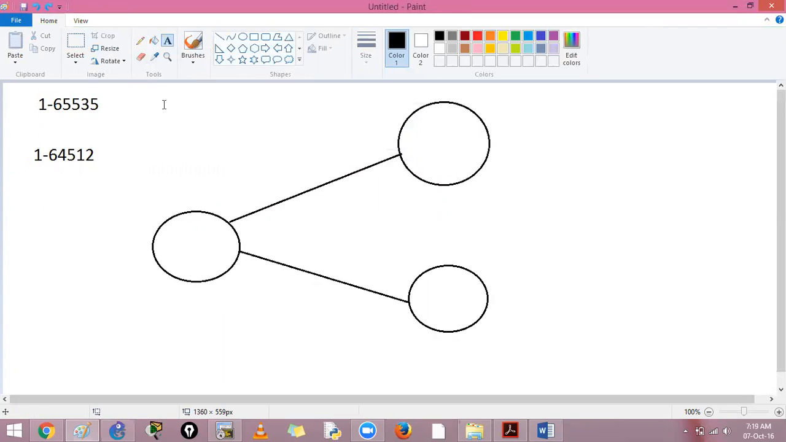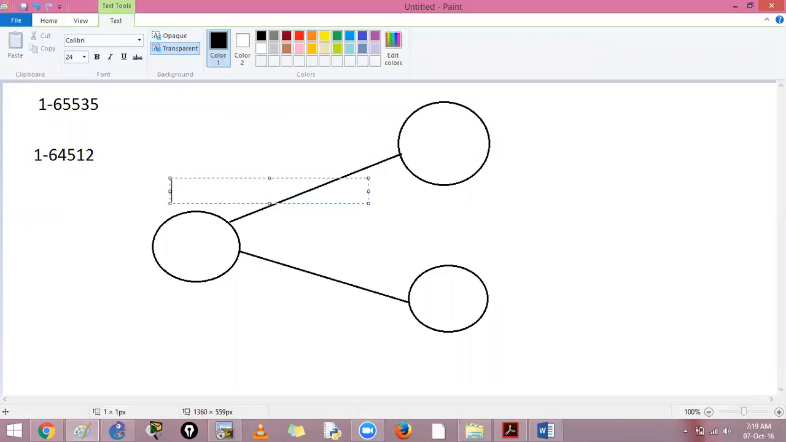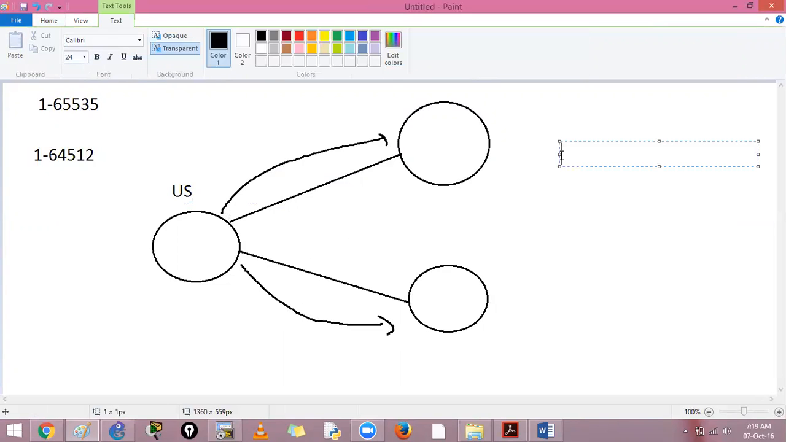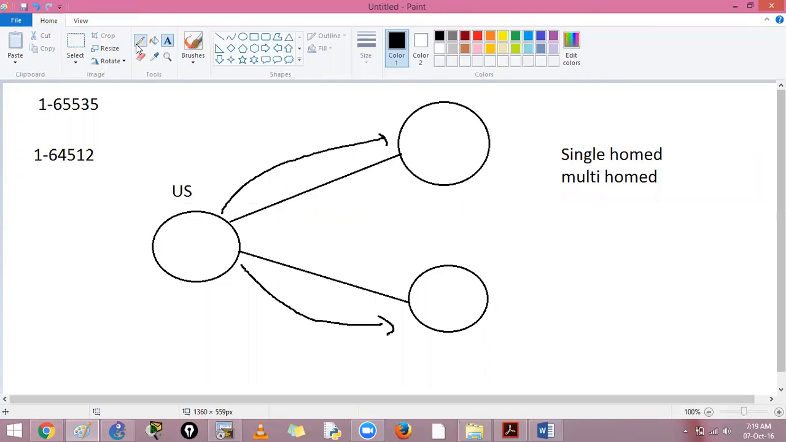Now assume that this is you, this is us, and when will we use BGP? If you have this kind of an environment with only one ISP, it is called a single homed environment. If you have two ISPs, then it is called a dual homed environment. Single homed, dual homed, or multi-homed environment, you can say. Now, if you have only one route going to only one ISP,